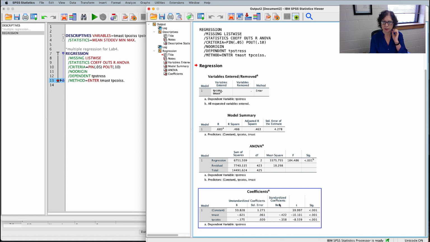So let's talk about standardized coefficient for a second. It's the effect size relative to the other predictors in the model. So it doesn't always work out the same. You see how these numbers are different. And what's going on is relative to each other, it turns out that mastery is a little stronger than total perceived control of internal states, because negative 0.42 is more impact on total perceived stress than negative